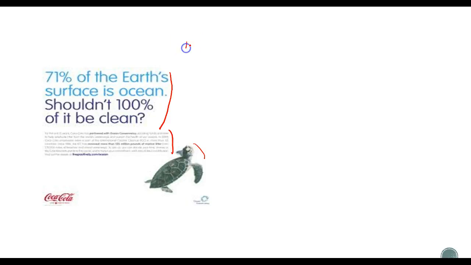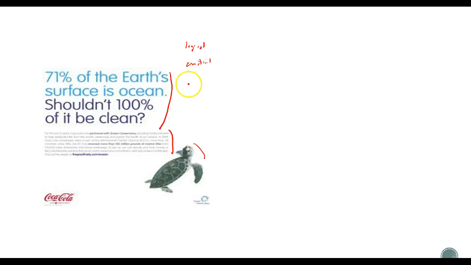Is it telling us logically that Coca-Cola is a good product, that it tastes good? It's not like the taste test, where people preferred Coca-Cola over Pepsi, or however it was in the 80s they did that test. That would be a logical appeal. Here we don't have that. Is it emotional? Perhaps. Maybe we care about sea turtles, and that evokes our sense of emotion. It's pulling on our sense of wanting to save the world and save the environment. So that could be emotional. But